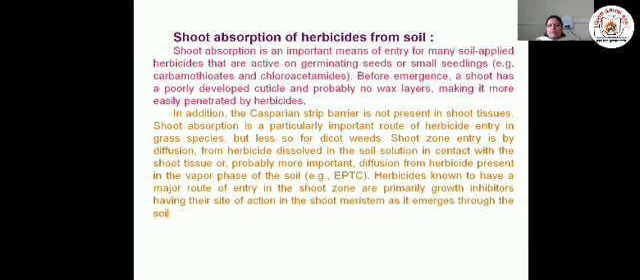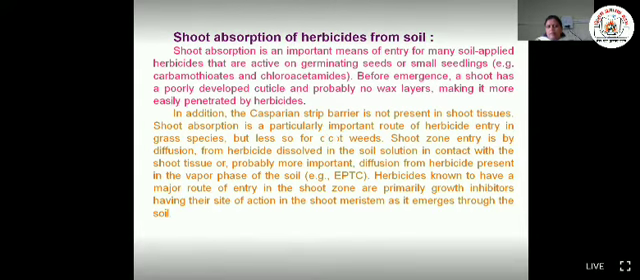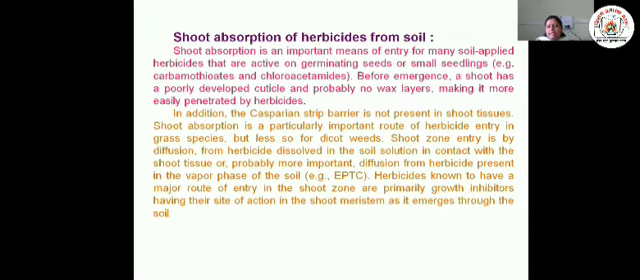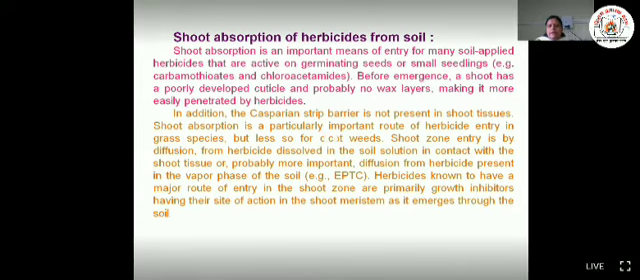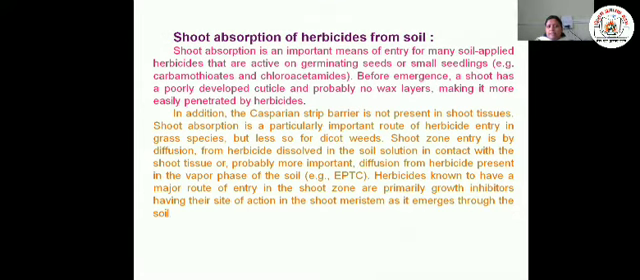Shoot absorption is an important means of entry for many soil-applied herbicides that are active on germinating seeds or small seedlings. Before emergence, a shoot has a poorly developed cuticle and probably no wax layer, making it more easily penetrated by these herbicides. In addition, the Casparian strip barrier is not present in the shoot tissues. Hence, shoot absorption is a particularly important route of herbicide entry in grass species, but less so